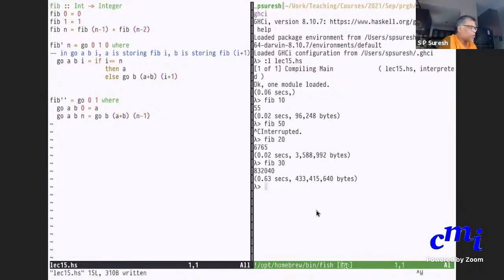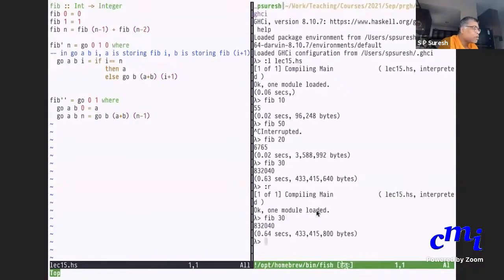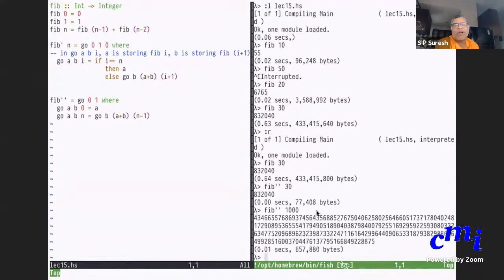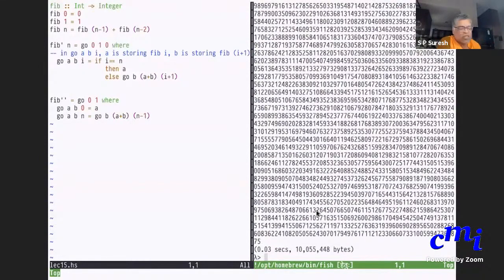Okay, so now we install these functions. Let me go here, reload, and do the same fib 30. Oh, I should do fib double prime 30. Yeah, you see that it's much quicker. I can even do some ridiculously large numbers, of course. Fib of 1000 also I can do with fib double prime. Whereas if I do fib of 1000 with the naive version, my machine will, hopefully, say I'm out of resources and not hang completely. But yeah, I hope you can appreciate the difference between that naive recursion and this. And look at this, we can even do fib of whatever.